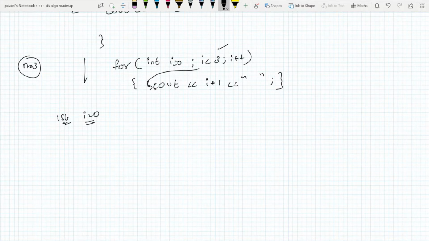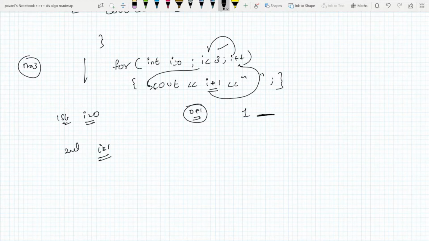We have given cout i plus 1. It will print i is 0 plus 1 is 1, so it will print 1 and give one tab space. Then it goes to i plus plus. Now in the second iteration the value of i is 1, and it jumps into the condition. Yeah, the condition is satisfied, 1 is less than 3. Then it will enter the loop again. Here it says cout i plus 1. Now the i value is 1, 1 plus 1 is 2, and here I have given a space command, so the space is introduced, and then it goes to the increment part. Here there is i plus plus.